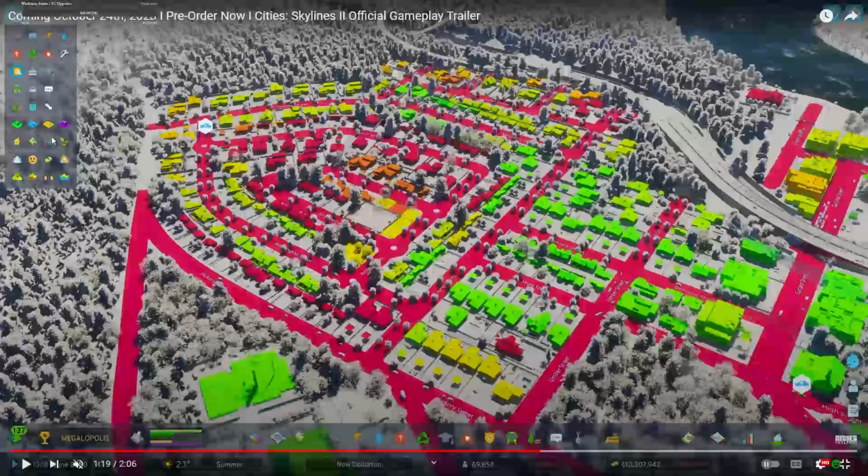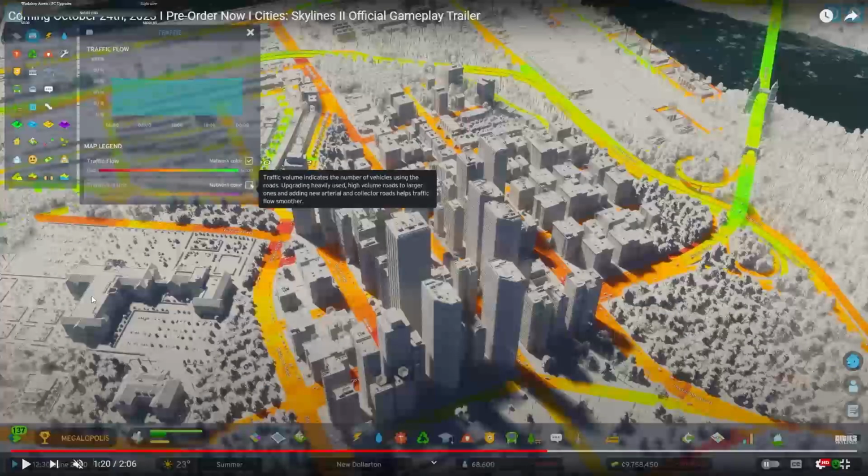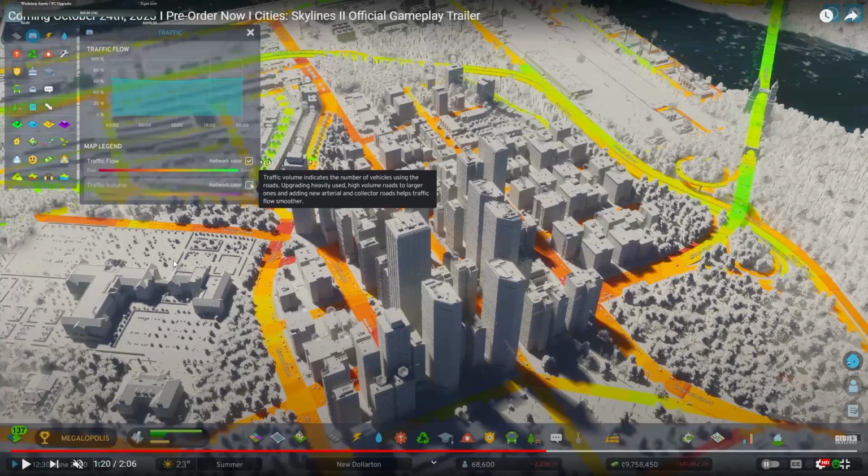Guys, we just went into trippy high saturation mode. Oh, here it goes. Highlighting police. So yeah, these are info views. There we go. Police buildings versus prisons versus police cars. Okay. It's really good to see the combined info views like that. Probability and coverage are separate. That was always a little...